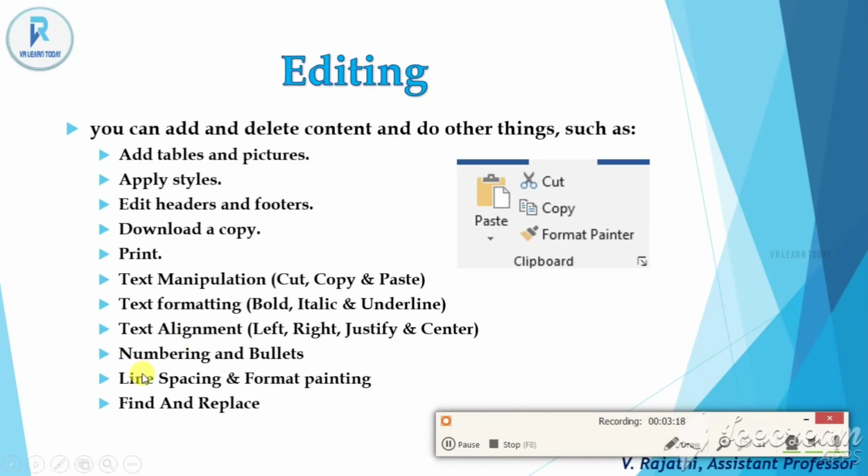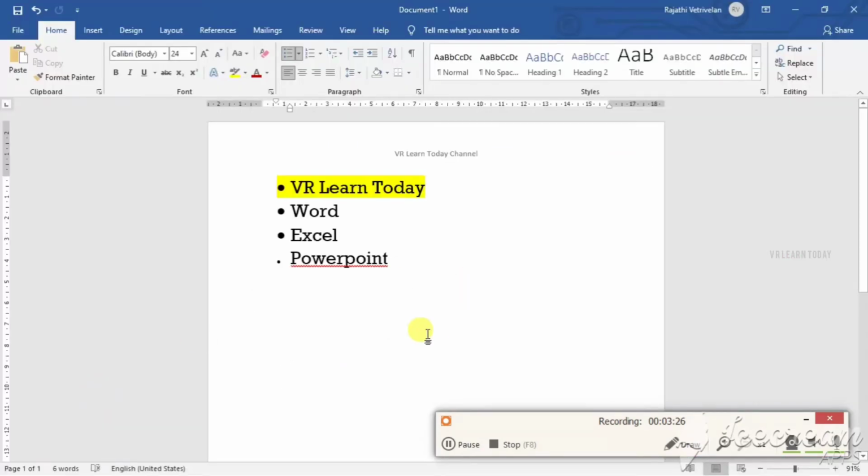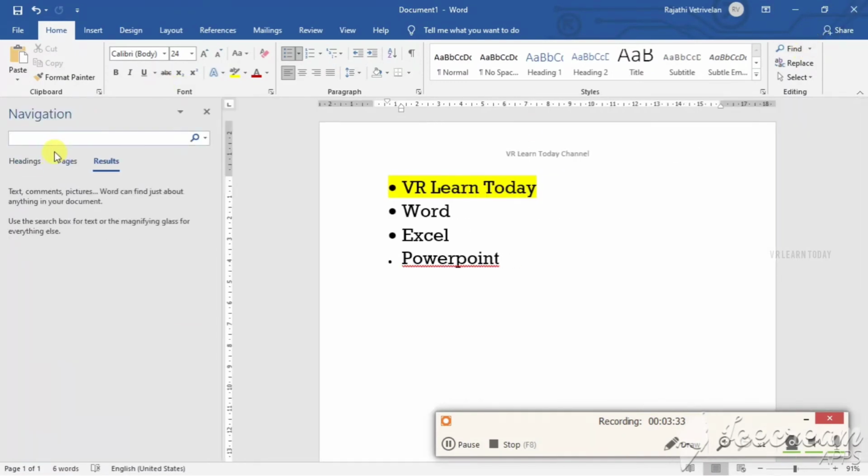So next one is line spacing. We already finished this one, line spacing, format painting, and find and replace. This one is the last one. So here, find. Just click find and type the word.